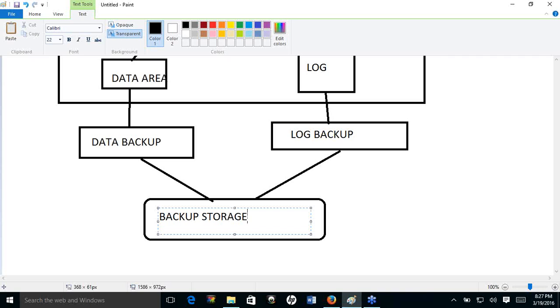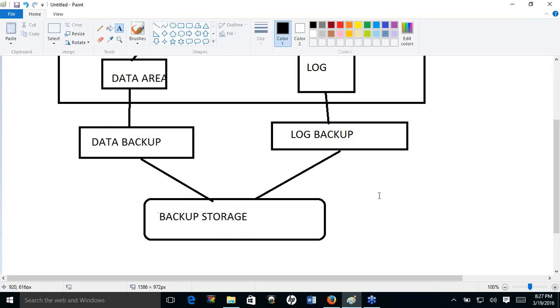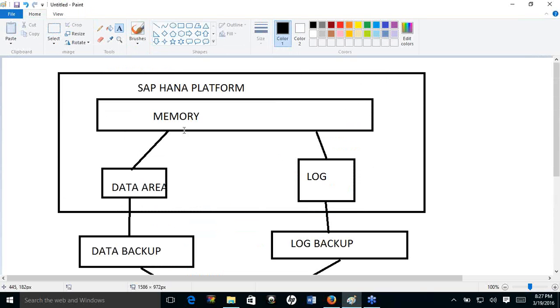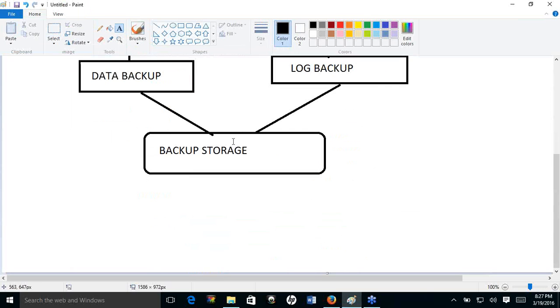Okay. And what happens if there is... I told you that we are talking about a HANA database. So this happens when there is an external backup storage device which is there. I need to pick up the data. But what happens if the HANA node itself fails? Okay, so